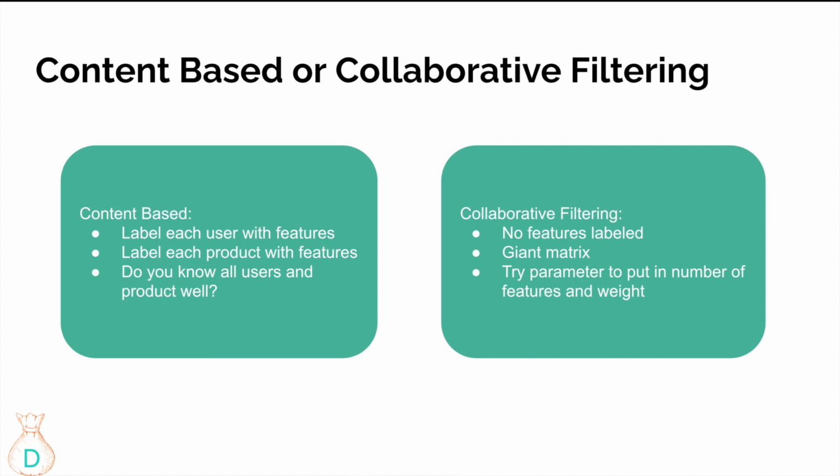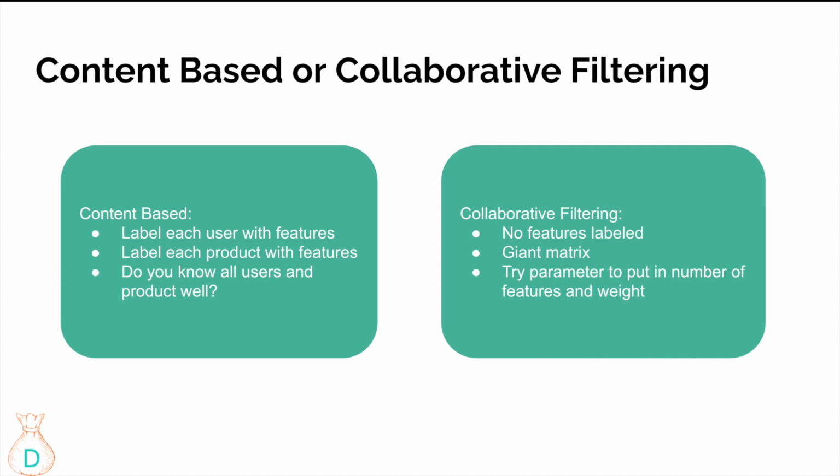First, we're going to talk about different types of recommendation systems. There is content-based or collaborative filtering. Content-based means that you have to know the user very well. You have to know what the user is interested in, maybe demographic information about a user, or for a product, what the product is exactly used for and what category it falls in. So you have to know your user and product both really well to be able to create a content-based recommendation